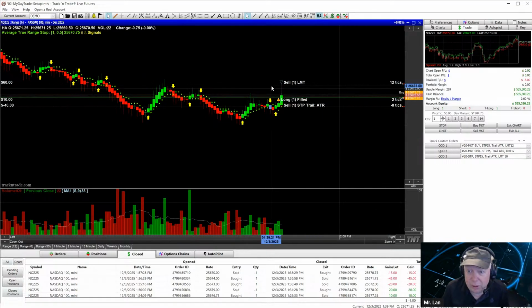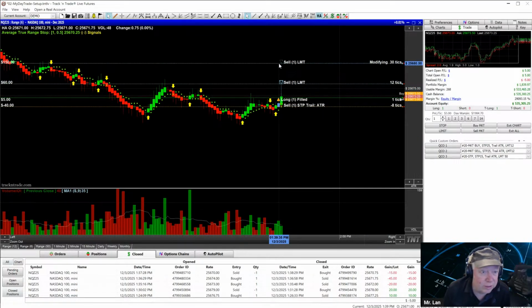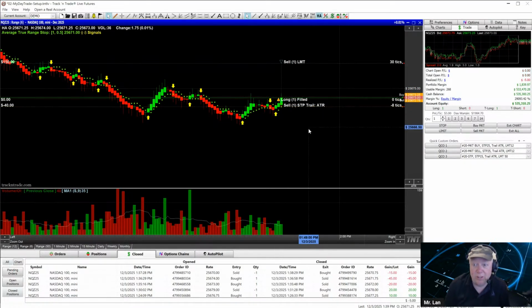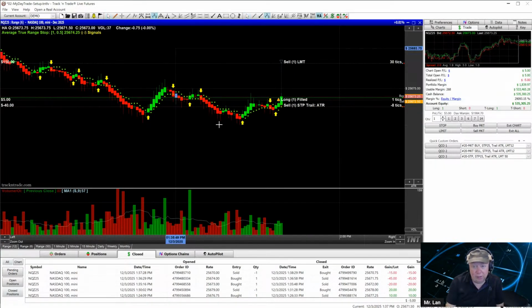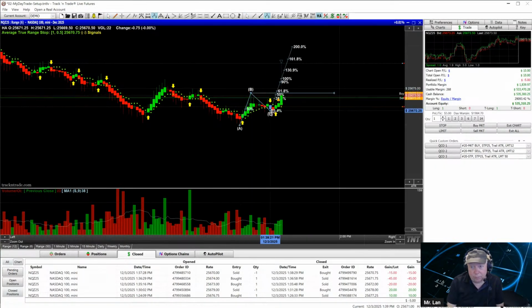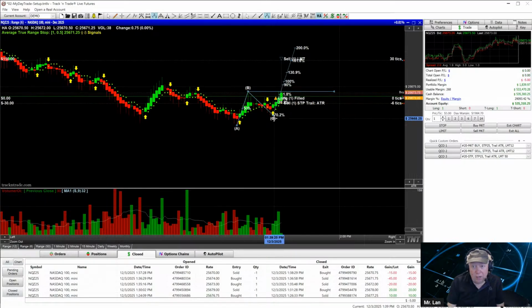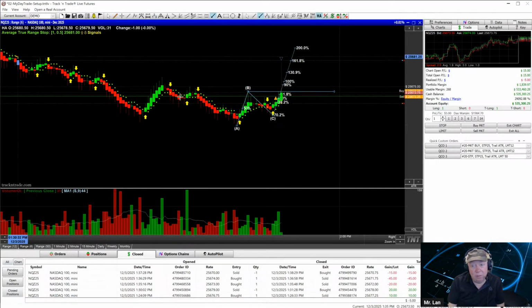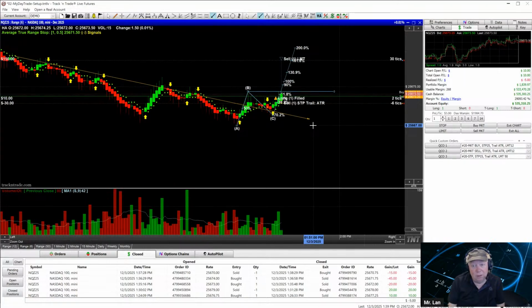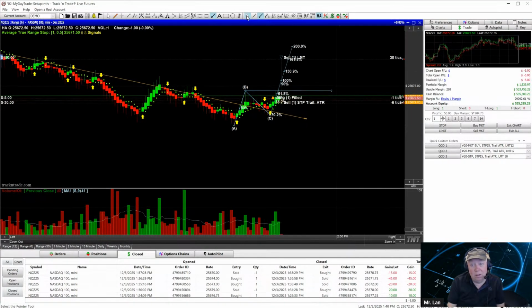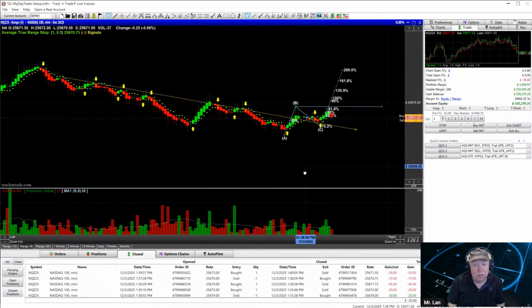All right, here we go. Let's give it a shot. Let's pull this out a little ways and see if it won't run a little bit. We'll just let the trailing stop try and go. Come on, we got a little ABC bottom here. Let's see if we can't get a little movement out of here. Higher highs and higher lows. Come on, buddy. The thing's in a big downtrend right now, so this might be a reversal. If it is, where's our target? Well,